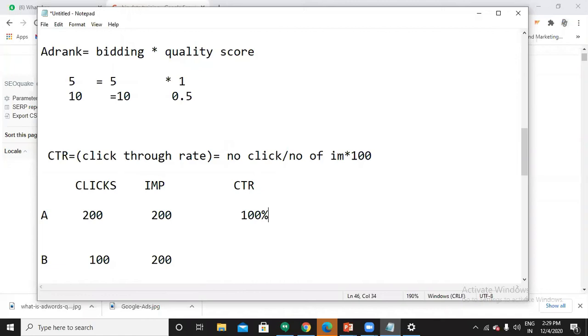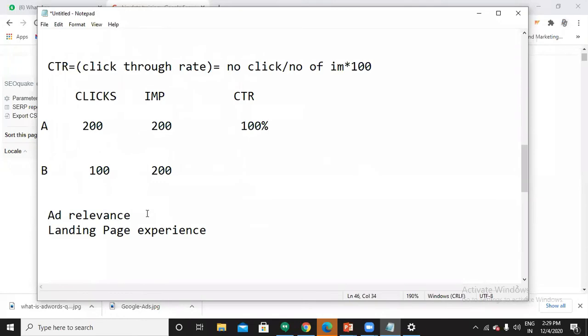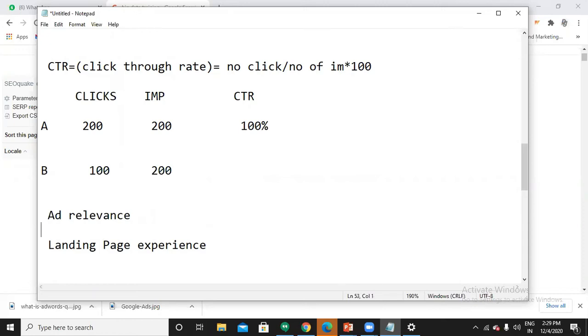If you want to improve the CTR, what do you have to do? You should improve the ad relevancy. That indirectly indicates that if your ad is relevant for a consumer, people will click on your ad.